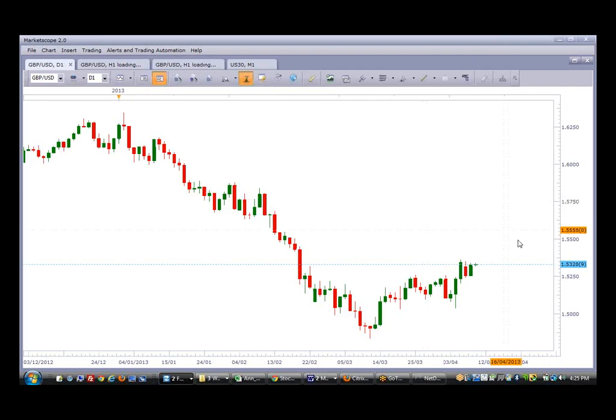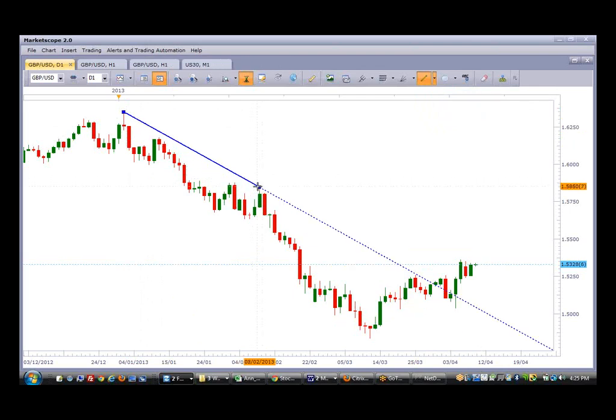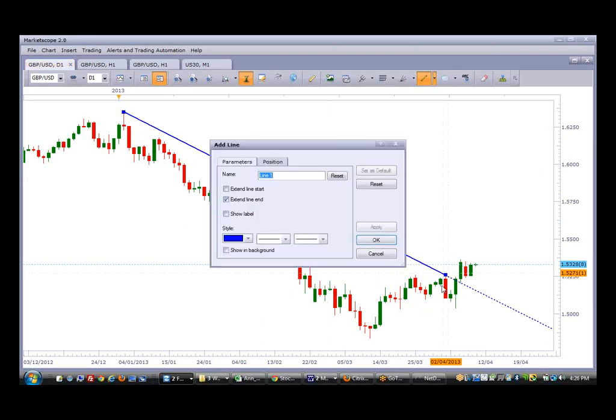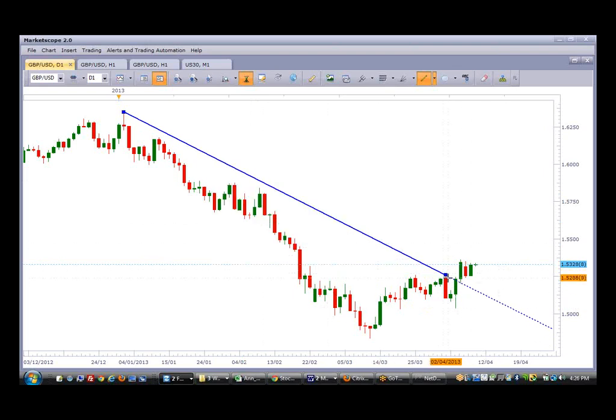Pound against the dollar was in a downtrend. Let's just draw our trend lines to see if there's any break in the downtrend. So this will be our primary. Okay, so we can see here, I draw from here, it's already broken. I can also draw from here because this candle right here took it down. And we can also clearly see that there's a break in the downtrend line there.